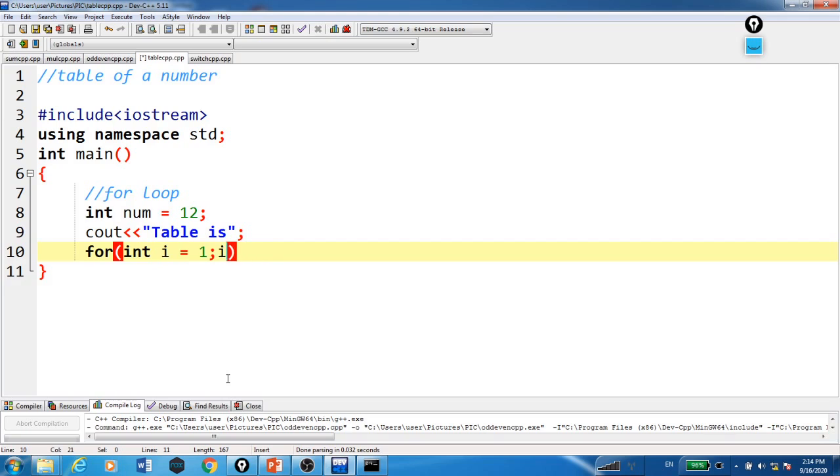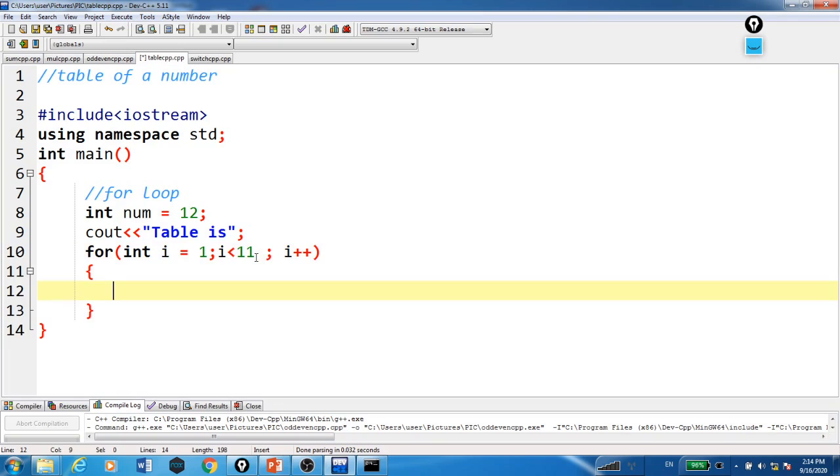Or else you can also take it as i less than 11. So it will stop at 10, then semicolon, i plus plus. Now here cout num into i equals num into i, right?